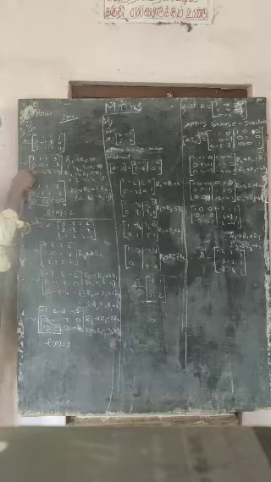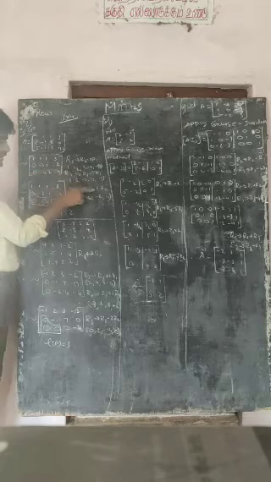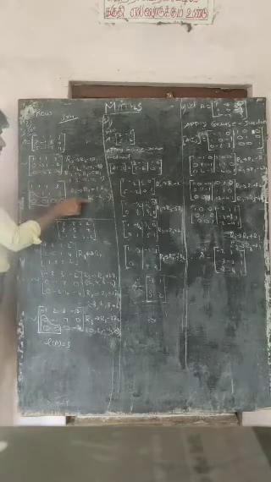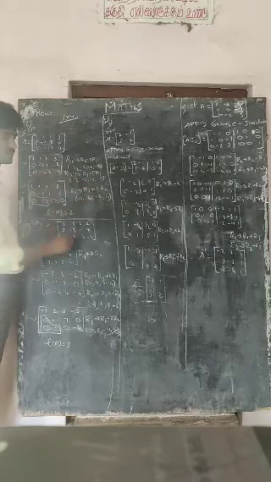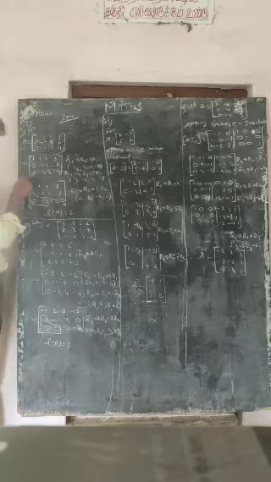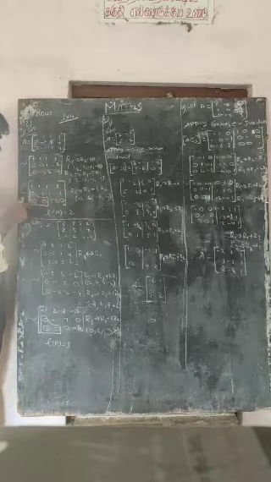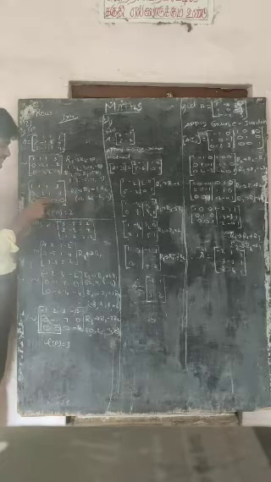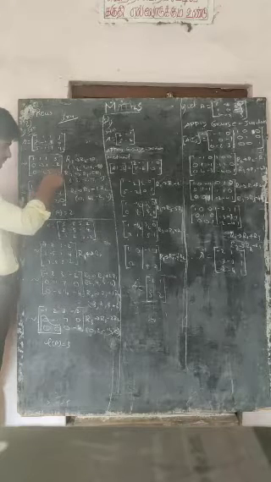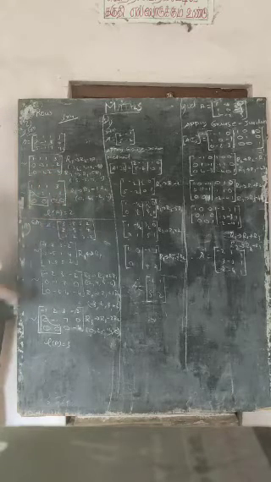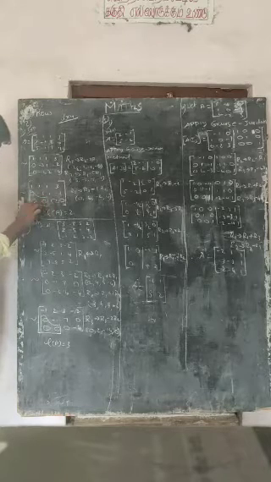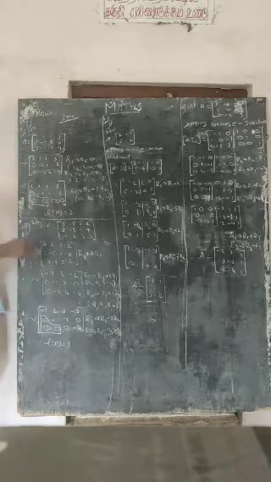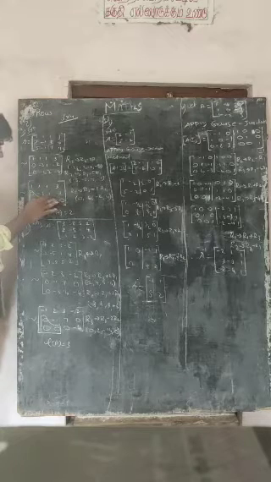Just multiply 2 into 0, 0. 2 3s are 6, multiply with minus 2, so minus and minus will become a positive. And 2 1s are 2, 2 2s are 4. Making a subtraction: 0 plus 0 is 0, minus 6 plus 6 is 0, minus 4 plus 4 is 0. Okay, our aim is that these three places become 0. At the same time, this is also a 0.